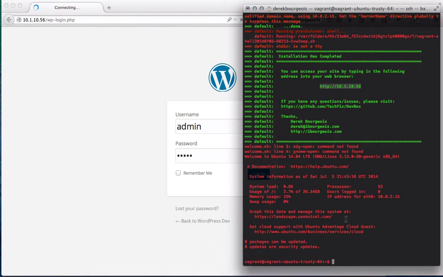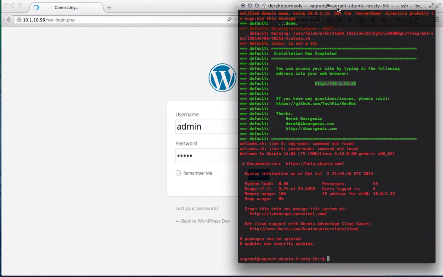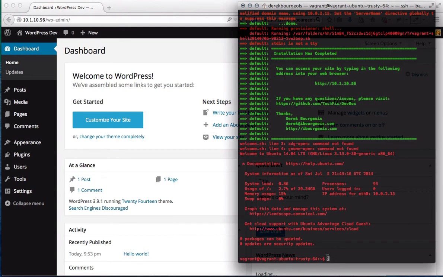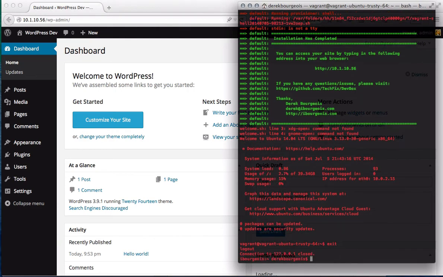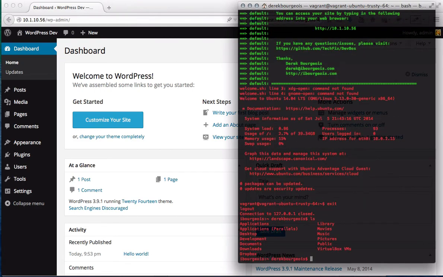Now with your Vagrant box, you will have to run some commands. Currently, after you run this install, it will automatically log in and SSH into your server. To get out of it, you're going to type exit, and now you're back on your computer. So what we're going to do is navigate back to our directory containing our WordPress, which in my case is on the desktop. So I'm going to go to cd desktop and DevBox